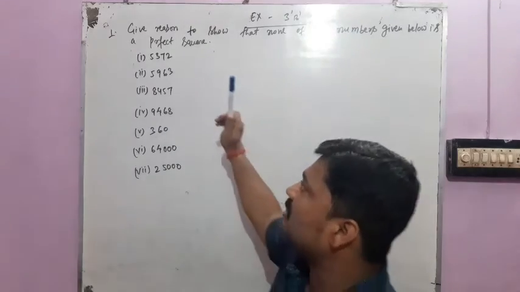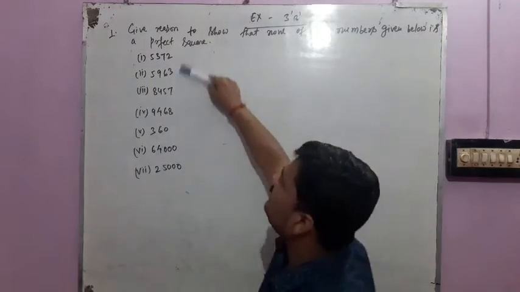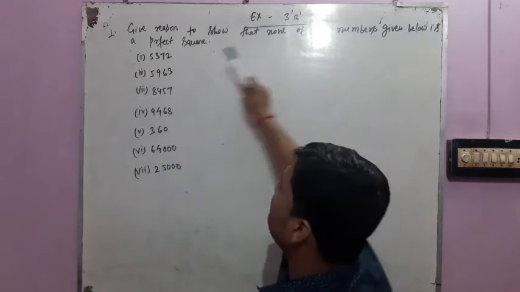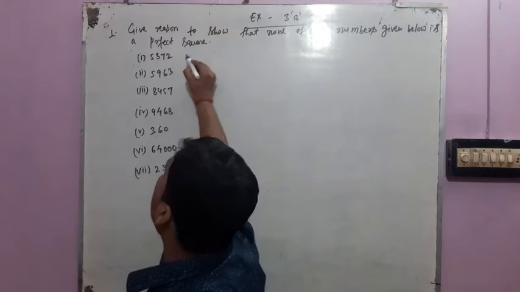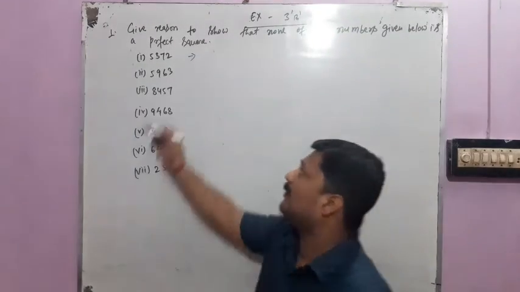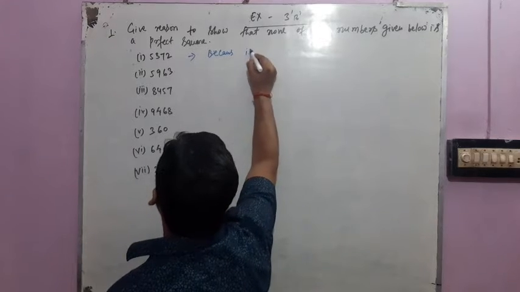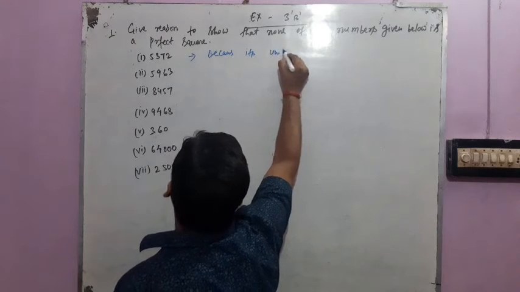With the very first question, students, give reason to show that none of the numbers given below is a perfect square. Why is 5372 not a perfect square? It is not a perfect square because its unit digit is